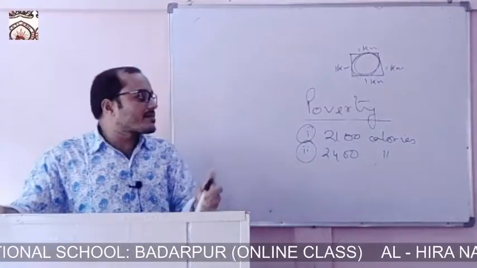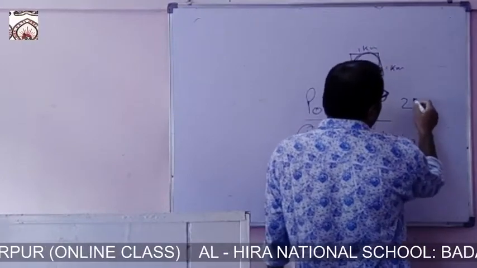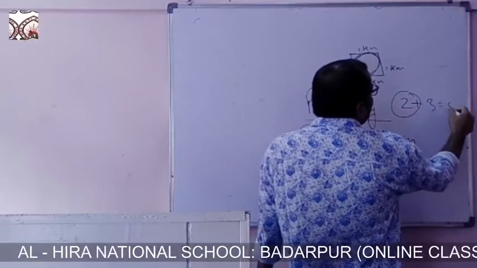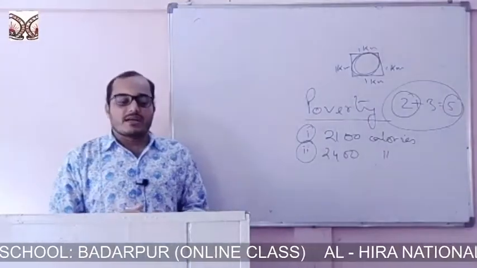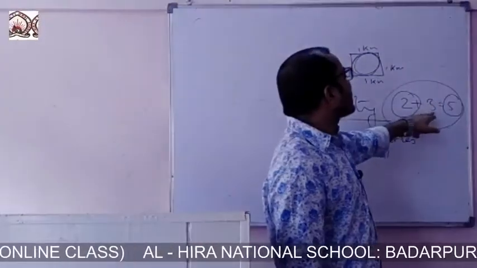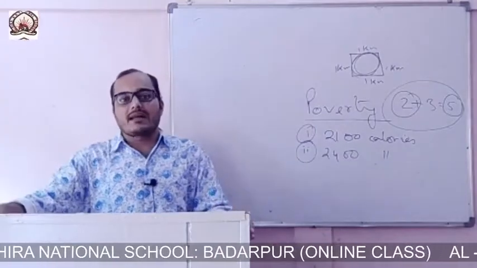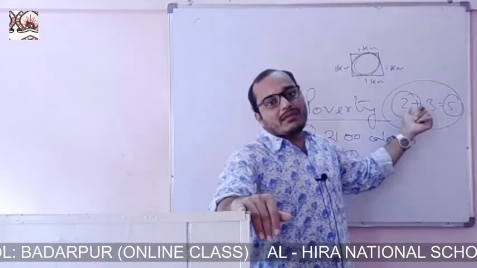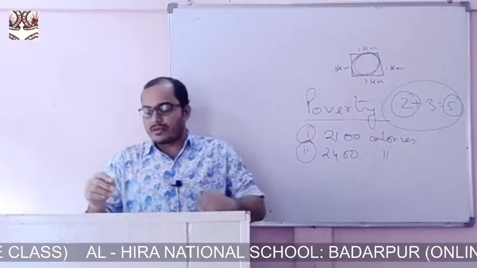Disguised unemployment is that in a work, suppose two persons are required for any work, when 3 more are added, the total is 5. Now the work can be done by 2 workers, but here 3 extra workers are also employed, and as a result a total of 5 are doing the same work which can be done by 2. So these 3 extra are called disguised, they are disguised unemployment.